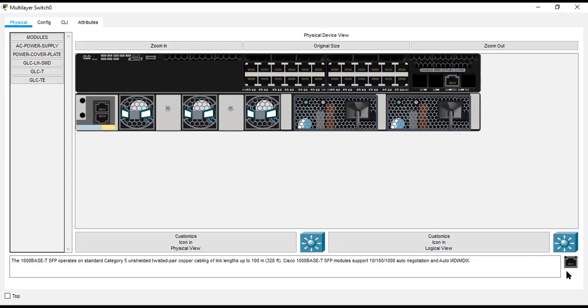This is 10 gig, and they are labeled G1, G2, G3, G4, four uplinks, and on G3 and G4 you can also see TE3, TE4, which means 10 gig. So G1 and G2 are 1 gig, and G3 and G4 are 10 gig. This is the 3560 model, and you have a console port at the back.